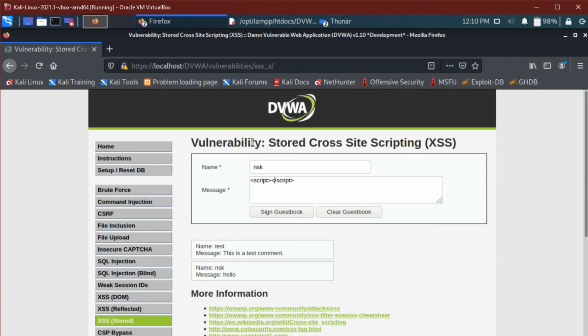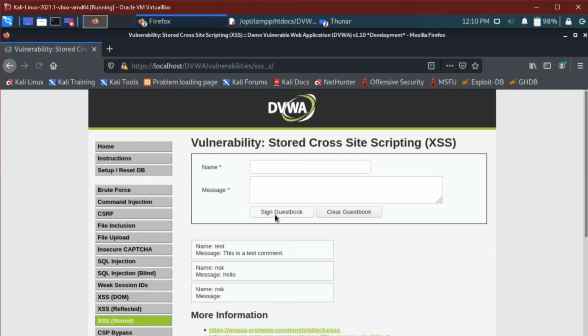If you see this, it means there is JavaScript. I type alert, and here hacker. When I press this, see, nothing happened. It's just behaving like normal text. When I put a JavaScript code, there's no pop-up shown.